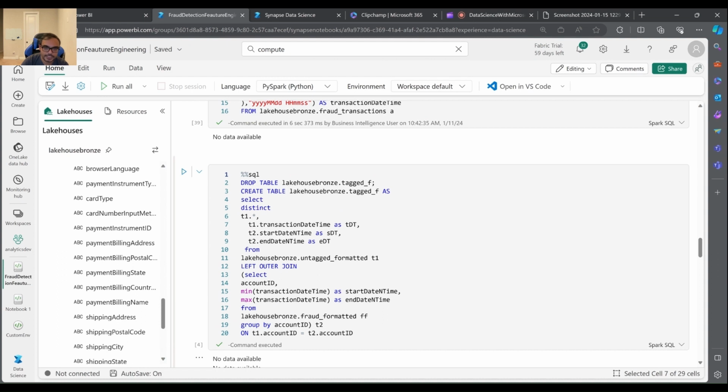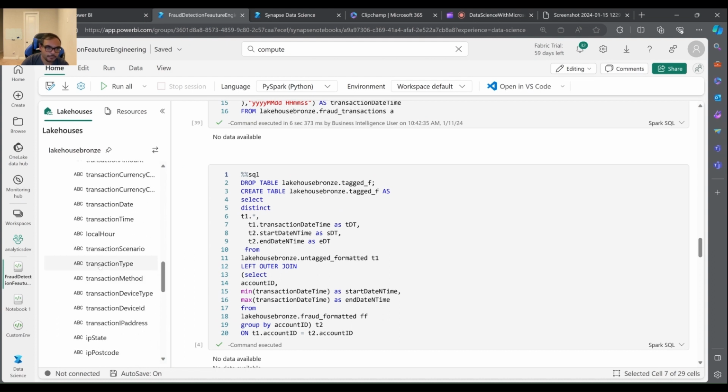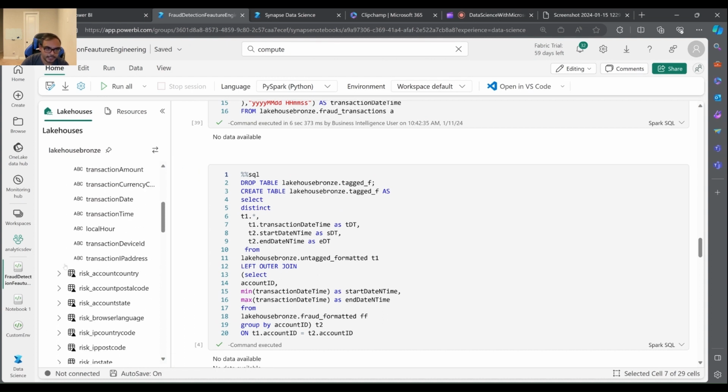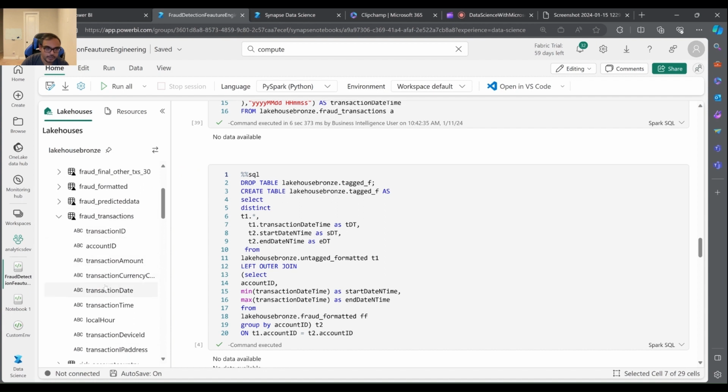So for example, let's say your third party system tagged a transaction and it sent the information to us, right? So all it has is the fraud transaction. But just because a transaction is not there in this table doesn't mean that fraud has not occurred, right? So we will compute something called the fraud occurrence time period in the fraud transactions table, wherein